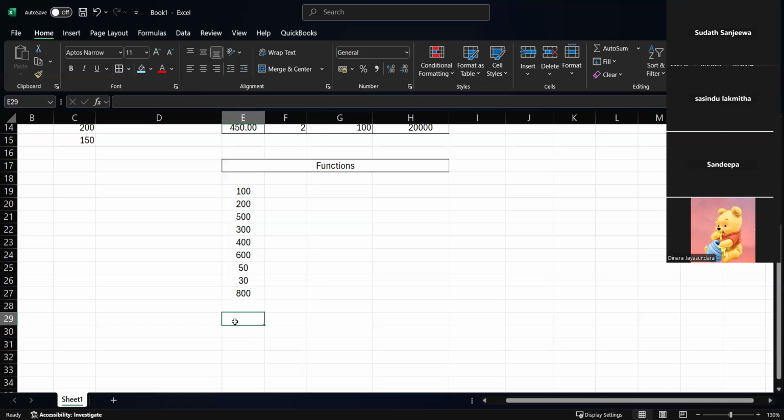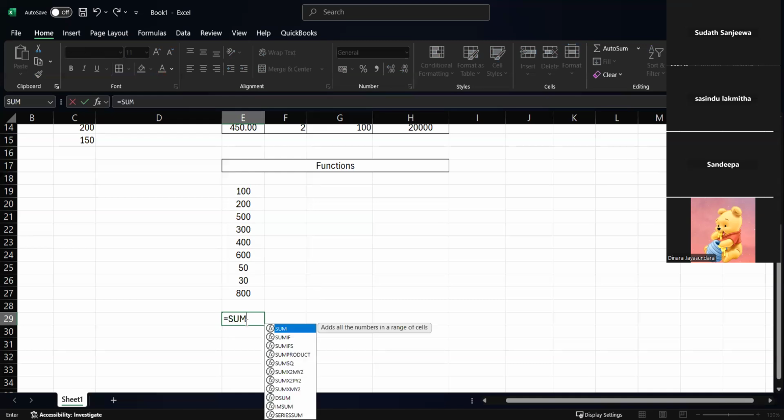As formulas, when you are going to insert a sum, you have to use this equal sign. Every time you have to use the equal sign. Now I am going to place the function as sum, right? When you type the sum keyword, it will display automatically as well. So then I can press this one as sum, right? Then you can place a bracket here. Now I can select